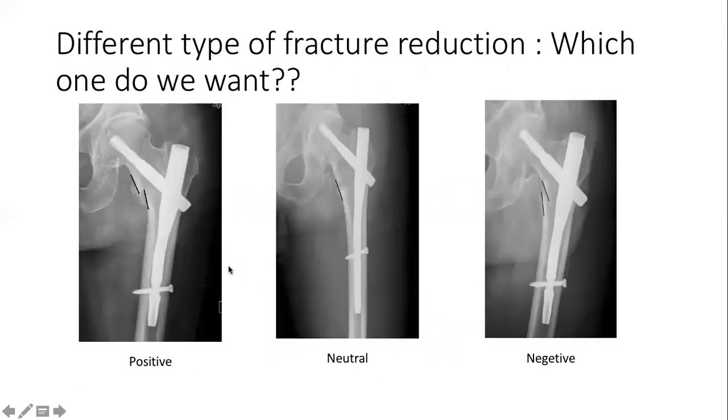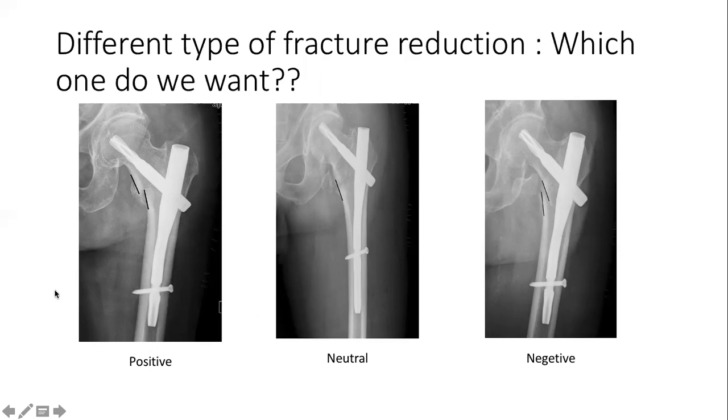According to the type of reduction, they classified the fractures into three subgroups. It could be a positive reduction, where the proximal fragment has overlapped over the distal fragment. It could be a neutral or anatomical reduction, and it could be a negative reduction, where there is varus angulation between the proximal and distal fragment. Which one do we want? Now, one would argue that we want an anatomical reduction, but interestingly, what they found is that